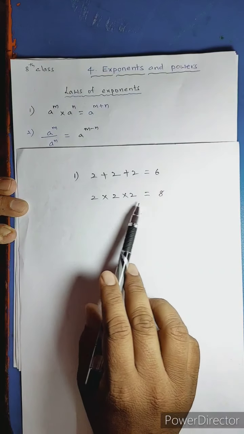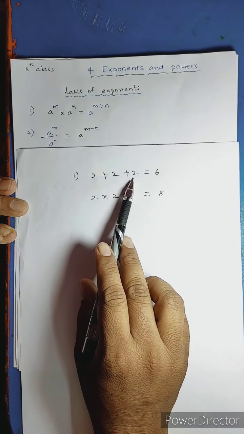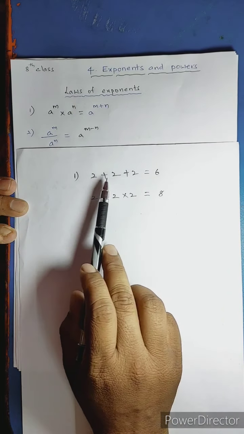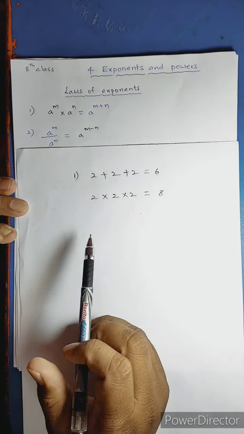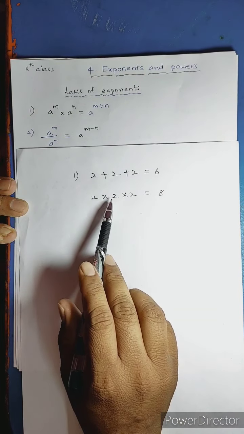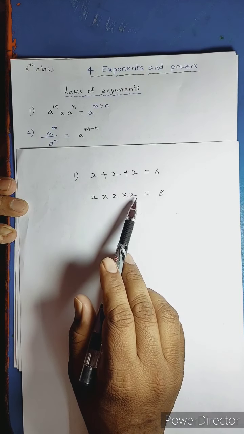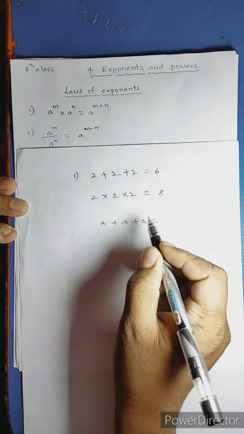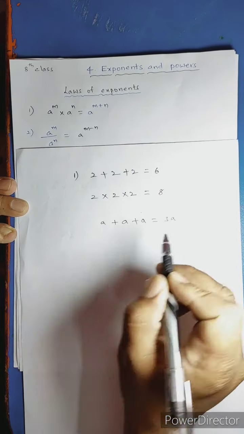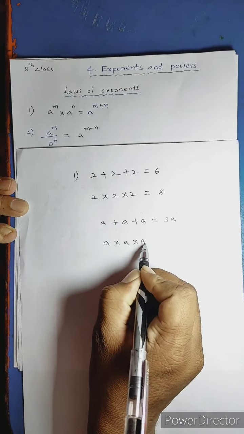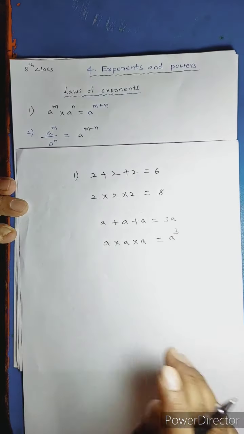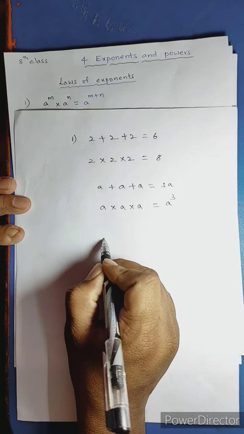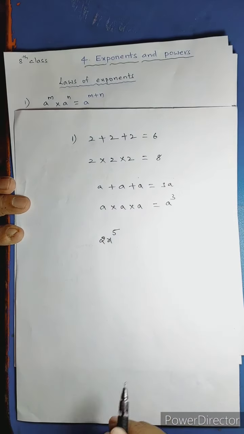Sum or product. One mango costs 2 rupees, then the cost of 3 mangoes is 2, 4, 6. Here, 2 times, this 2 and 2 again 2 times. That is the difference. One more time: A plus A plus A. How many A's are here? 3A. A into A into A is equal to A cube. Small difference.